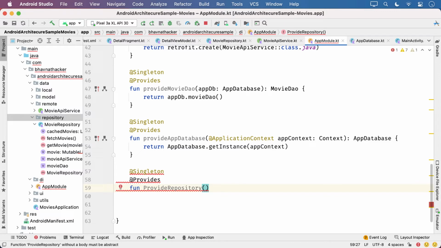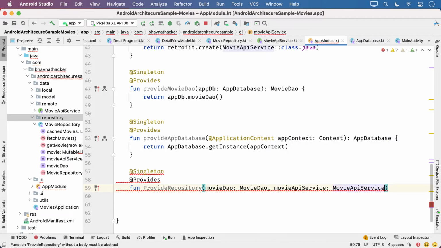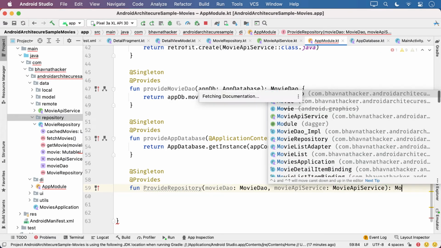Here you need two things, DAO and movie API service. Two things you need, and then you are going to provide movie repository.